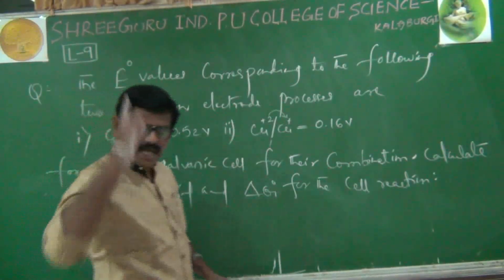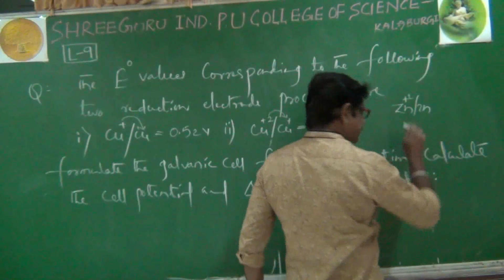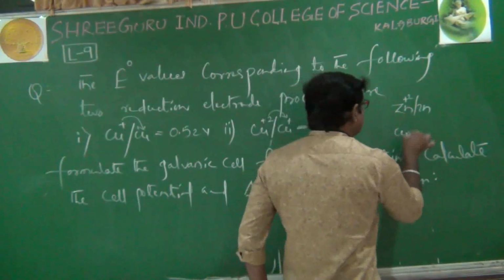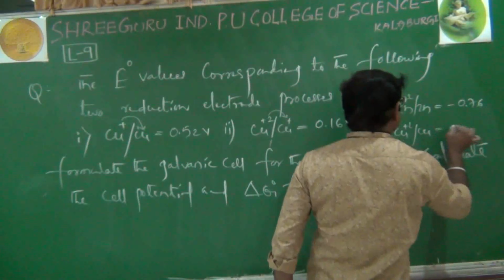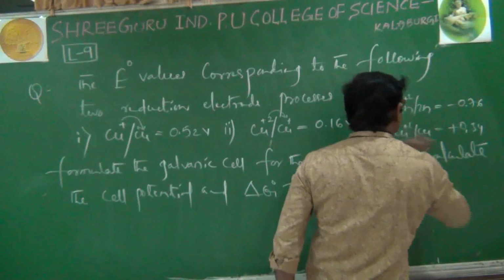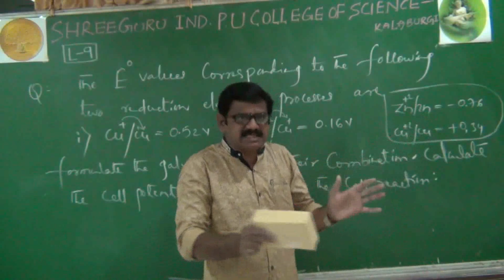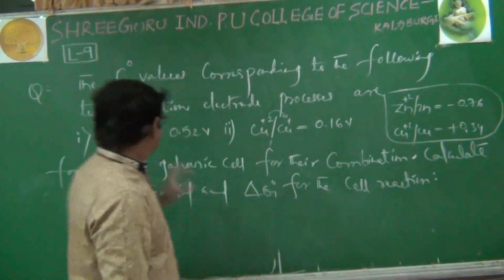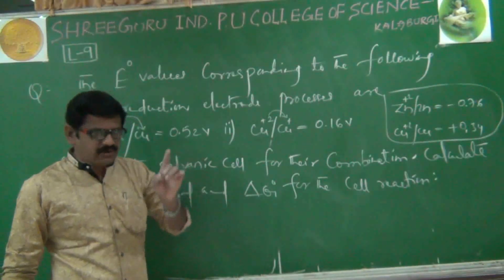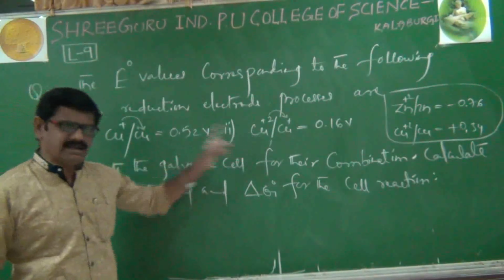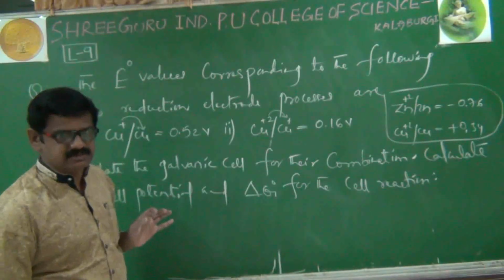It's quite similar to our Daniell cell again. In the Daniell cell we used Zn2+, the zinc electrode, as well as the copper electrode. In that, the zinc SRP value is minus 0.76 and the copper SRP value is 0.34. With the help of these two SRP values we constructed the Daniell cell. Exactly. Here also, with the help of these two SRP values, we have to construct a galvanic cell related to both copper electrodes only. Right.